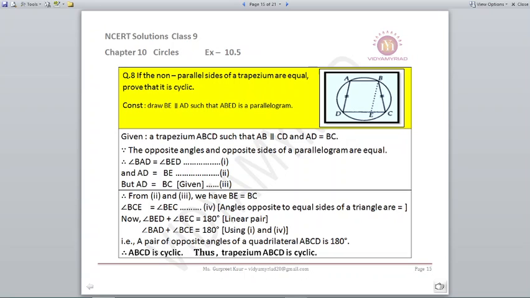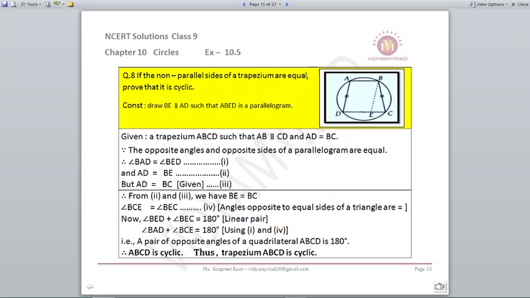So similar sides are equal. So when two sides are equal, we can say the angles formed will also be equal using the isosceles property, which means that angle BEC is equal to angle BCE. Now let's concentrate on angle E. Now on E, if you see line BE, there are two angles formed, angle BED plus angle BEC. They are forming 180 degrees because of the linear pair.